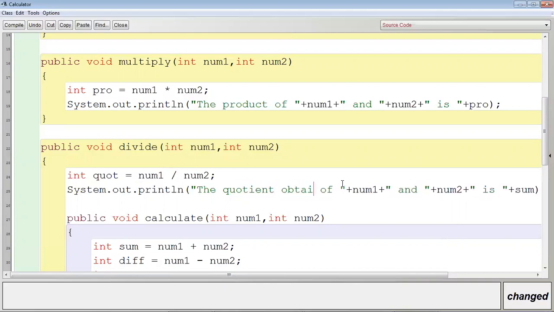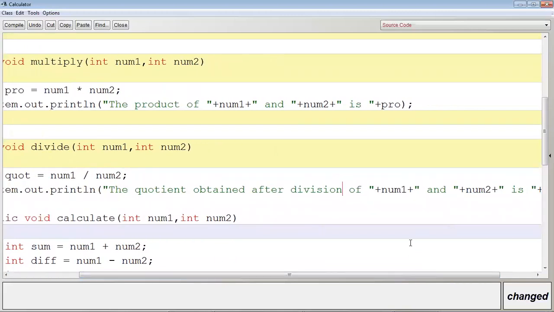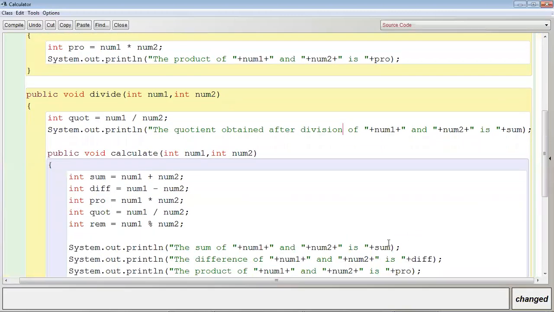What should be the message? The quotient obtained after division of num1 by num2 is quot.